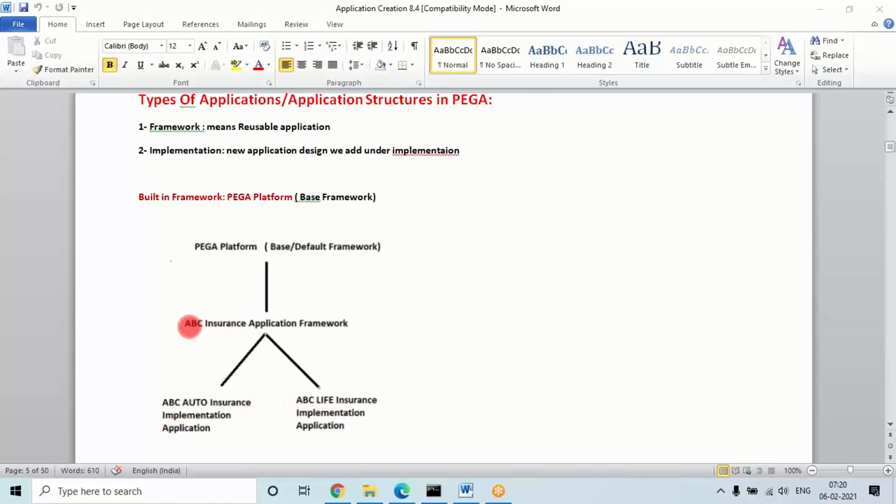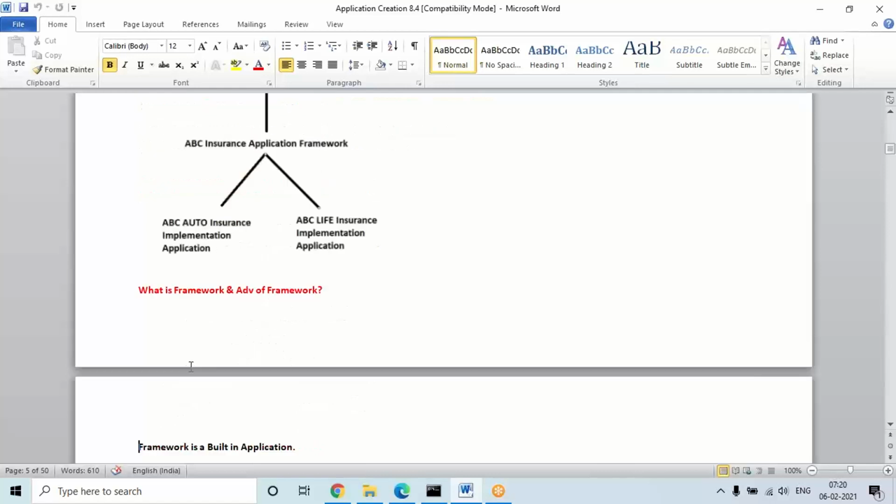Okay? So in our application, this is already available. What we are going to add is one framework application. Under that, today I'll be creating one implementation under this framework. So today, in order to add a new project, I'm going to define one user-defined framework and one implementation. And adding all these applications is very simple. A wizard, the new application wizard, will be available, and we are going to use that and complete the setup.